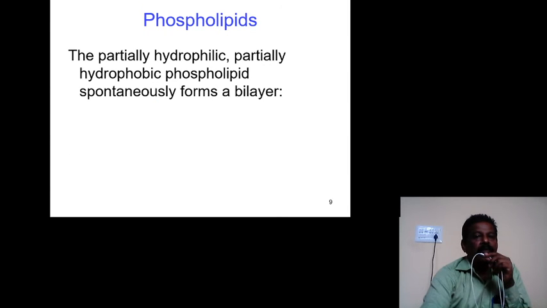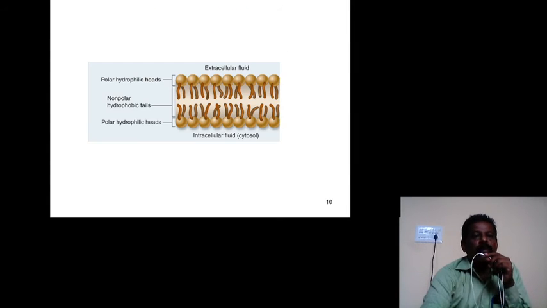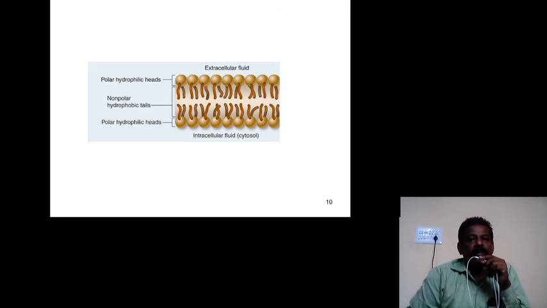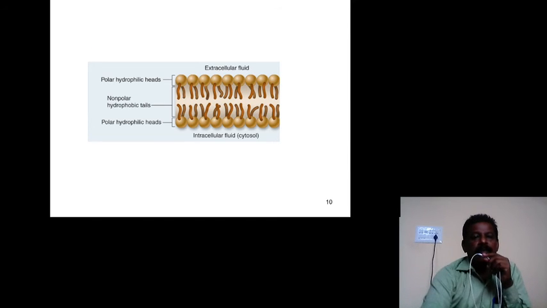The partially hydrophilic and partially hydrophobic phospholipid spontaneously forms a bilayer. When there are 2 lipid components, the hydrophobic tails come near, because the interior of the cell and the exterior of the cell will have water molecules, and the phosphates face towards that. This gives a buoyancy to the molecule,